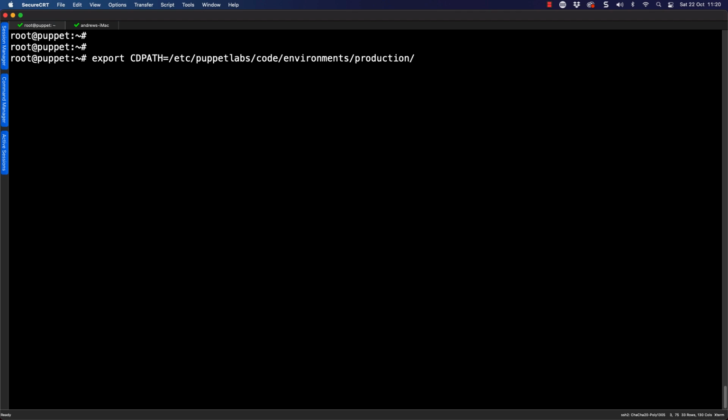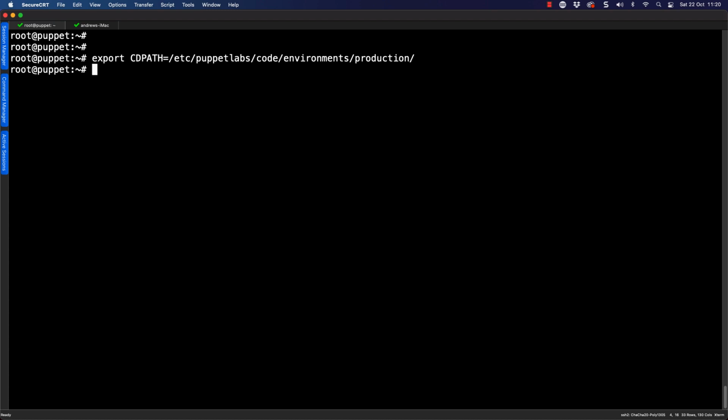So just use Escape and dot multiple times. If I need multiple paths, I can colon separate them, much in the same way as your standard search path. But I'll just use the one directory at the moment. But once I hit the big Enter key on this, my variable is going to be stored. Of course, I can persist it by adding it to a login script.